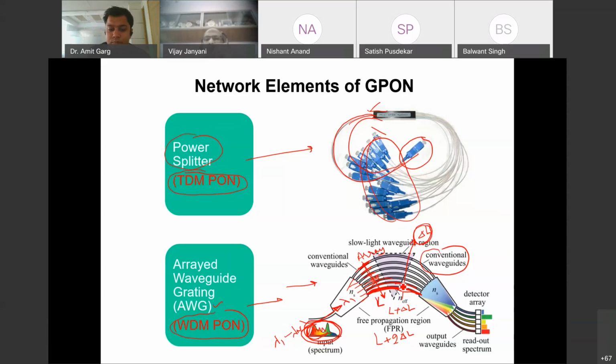So this length is chosen in such a way that when